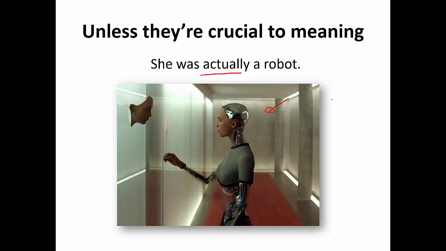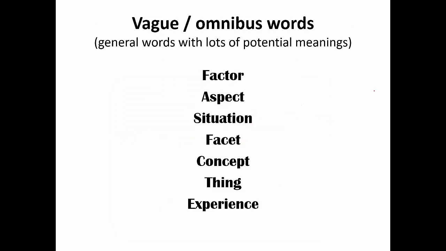So, I was literally starving to death. I was not literally starving to death. I was pretty hungry. So we want to be careful in our writing how we use those kinds of intensifiers and qualifiers. With regard to vague and omnibus words, these are words that can have lots and lots of different meanings,